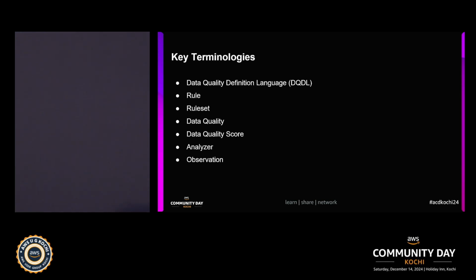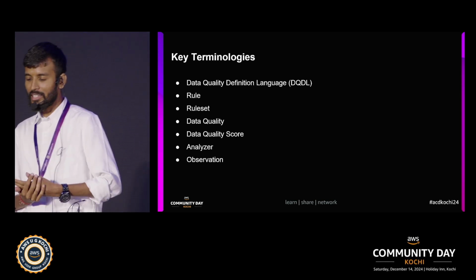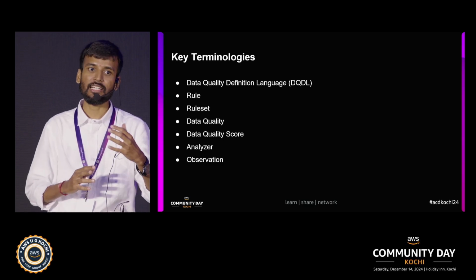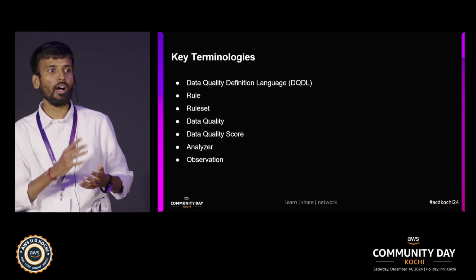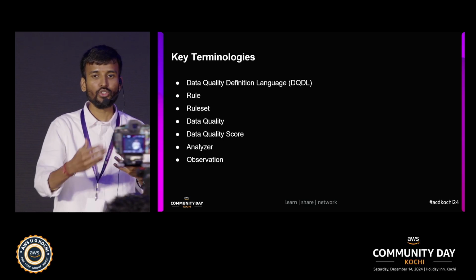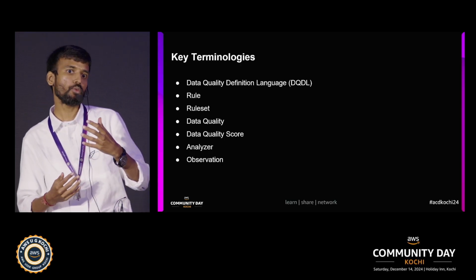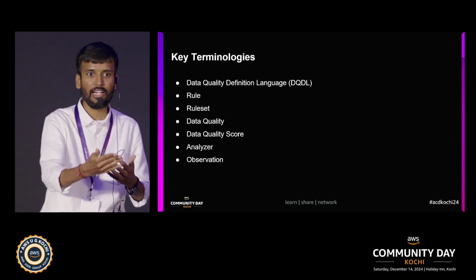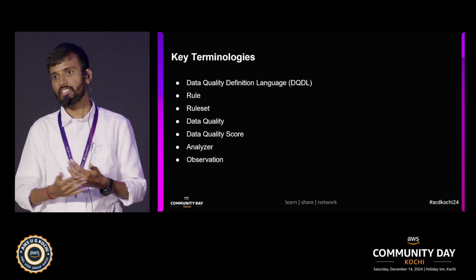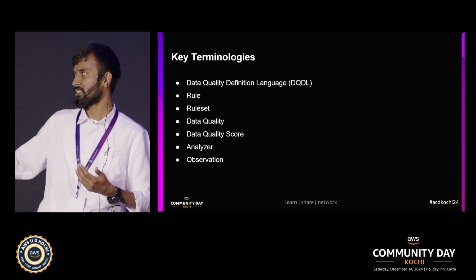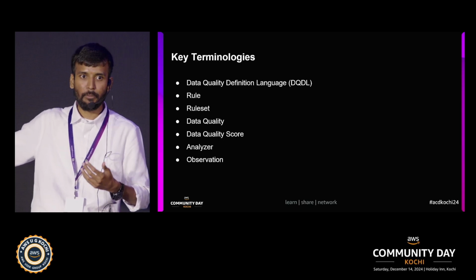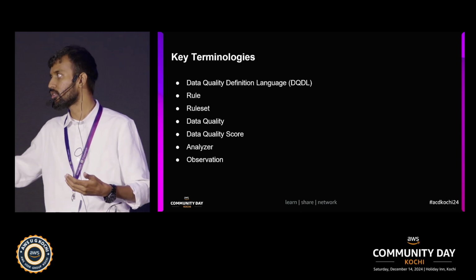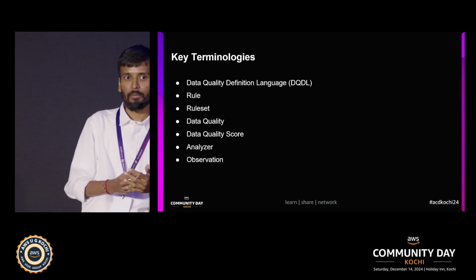To add more points on the analyzer: it is specifically used to detect anomalies. Anomalies, in the sense that you can't find them in a single run. They need to appear across multiple phases, and could be an ongoing data quality issue. These may not be easy to detect, so these kinds of issues can be analyzed using the analyzer. Generally, an ML algorithm runs behind the scenes to understand the anomalies and detect quality issues. And moving on to the observation.